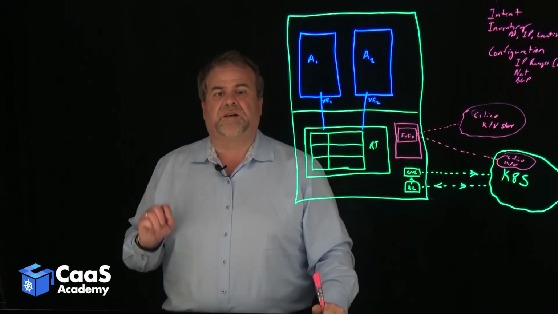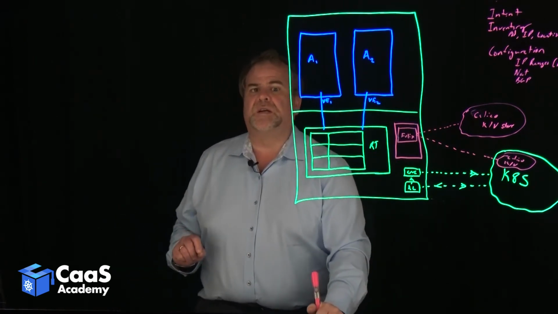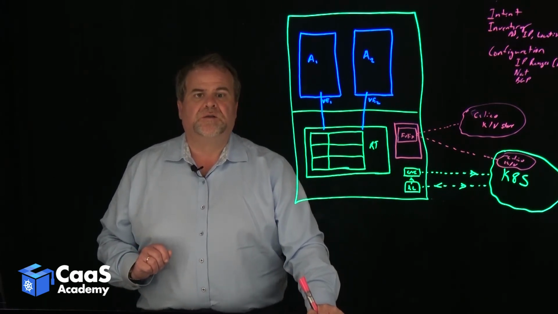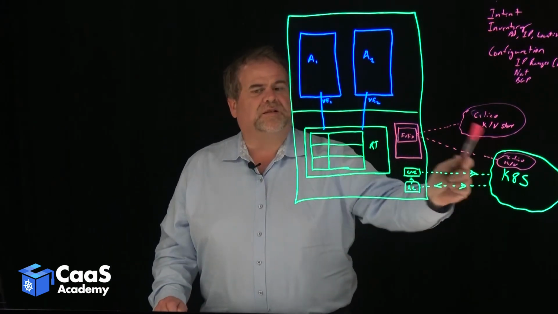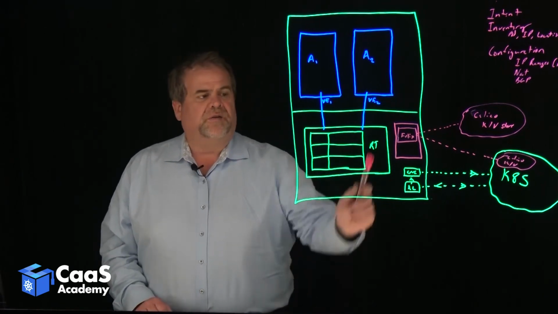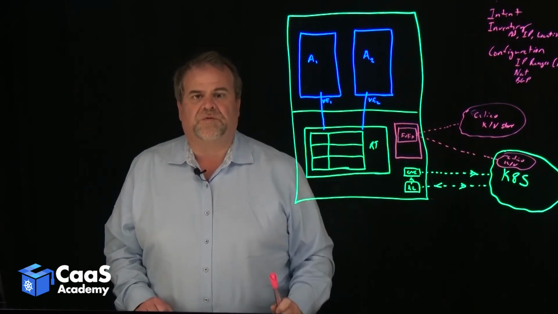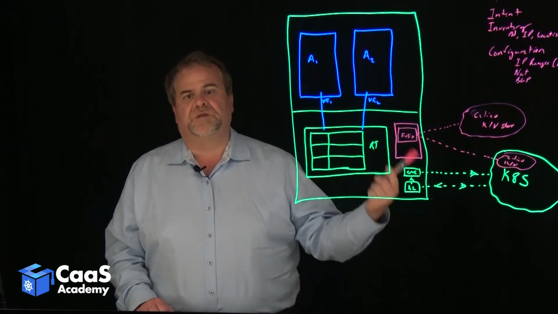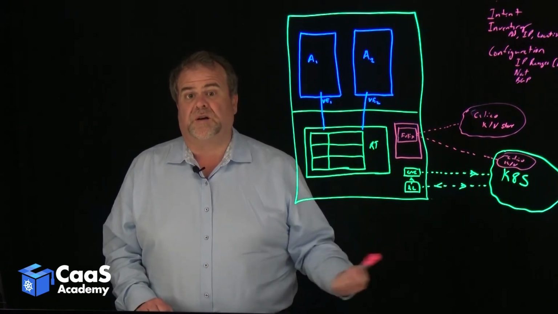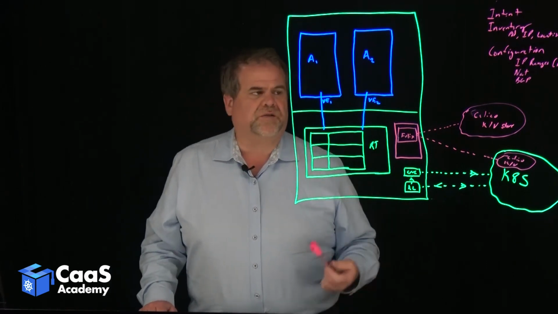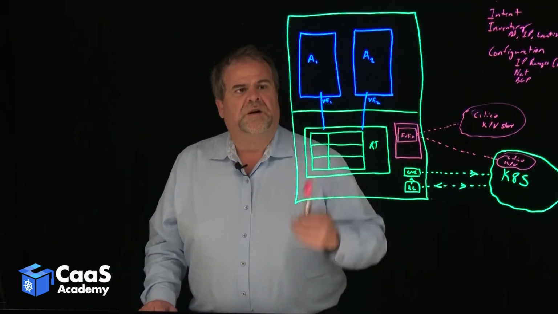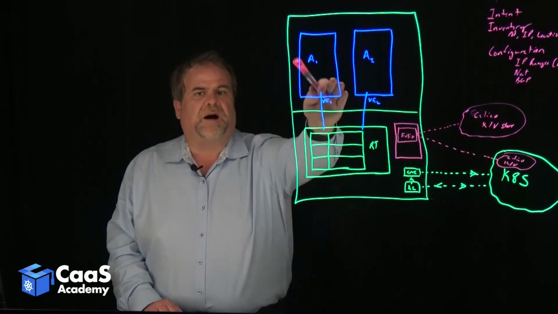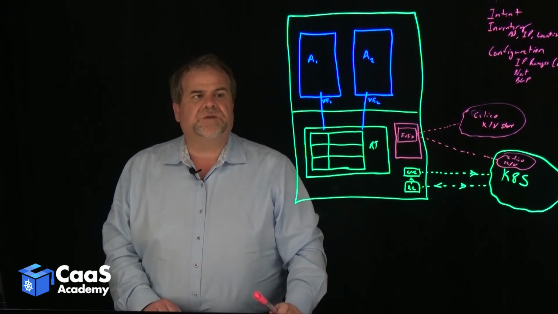The same thing, Felix is only responsible for networking on that particular host or server. So Felix on host 1 is watching for updates about inventory on host 1. Felix on host 2 is looking for updates to inventory on host 2, etc. In this case, this Felix is going to find out that we have networked two pods on its host, A1